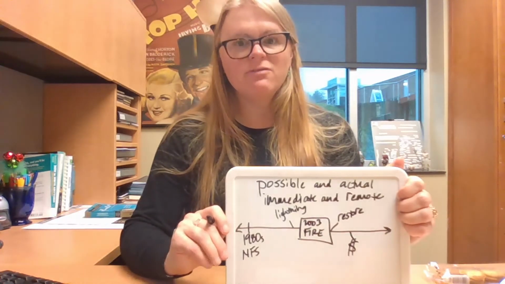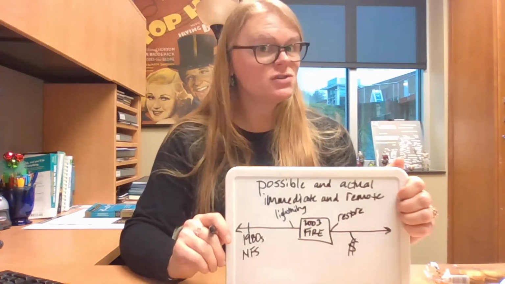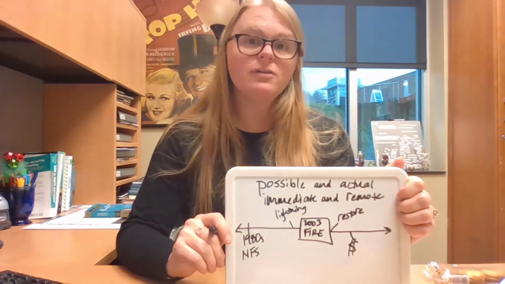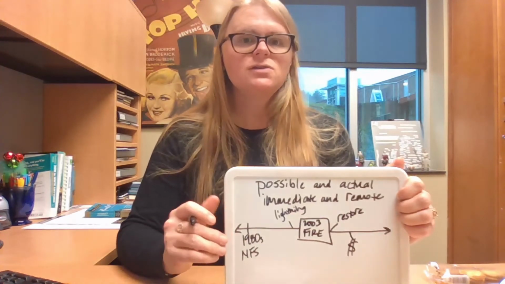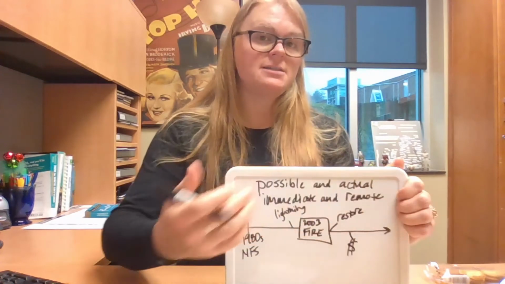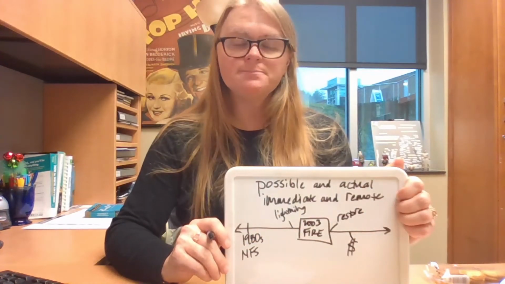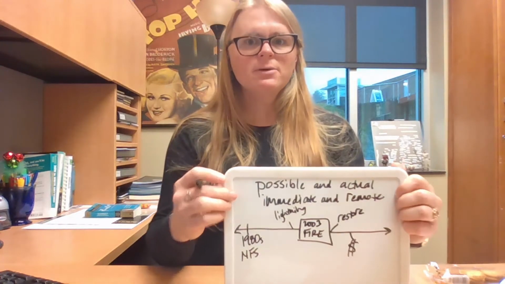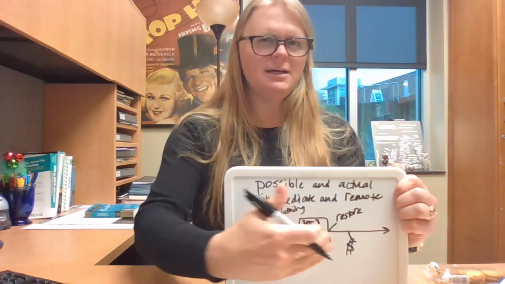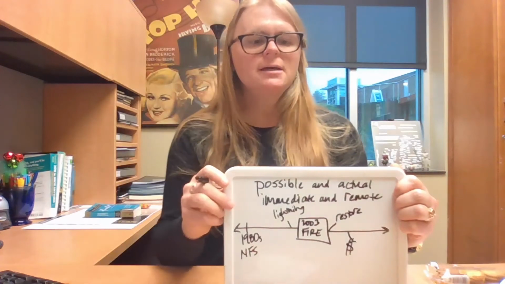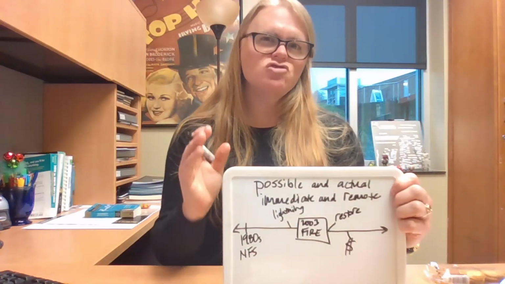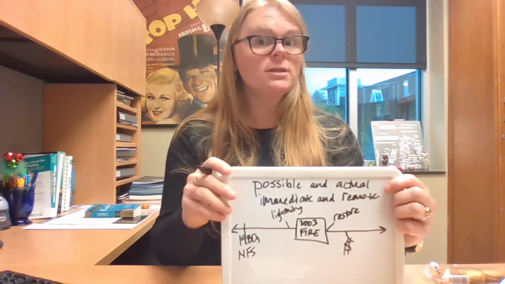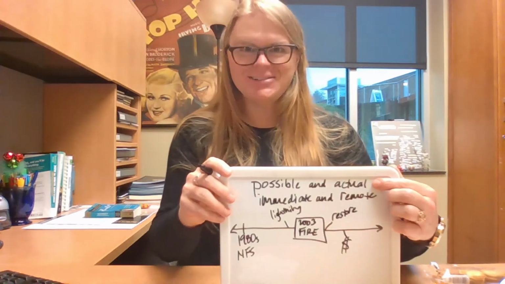I know that with flooding, for example, it changes your insurance radically if your house is in a flood zone. So there are all kinds of possible effects that could come from this fire as well. So when you're thinking cause and effect, remember to keep it in terms of a timeline to help you with your brainstorming. And then remember too, you're not just looking at only actual causes.